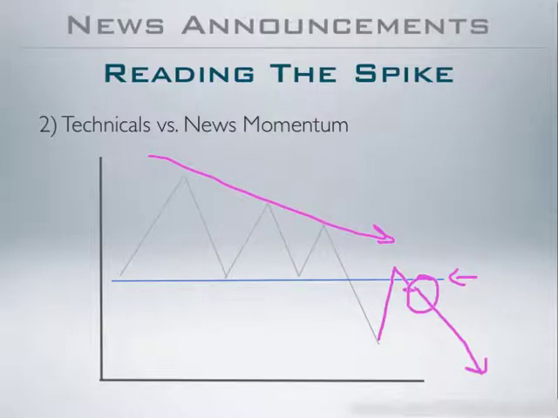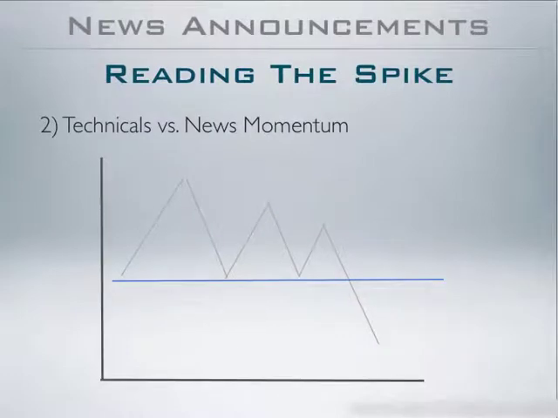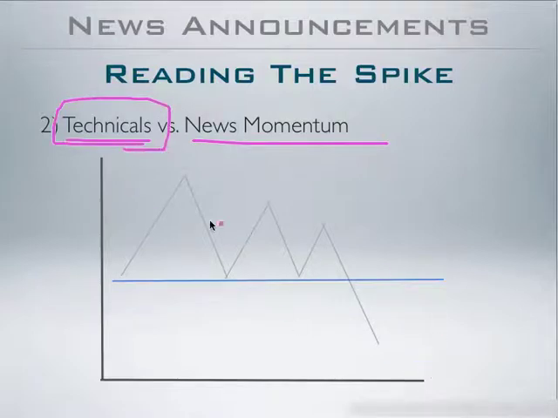And why is that? Well, once again, because the technicals have outpowered the news momentum, and therefore the technicals are pretty strong in this particular market scenario. At that particular junction of the chart, the technicals are pretty strong. Therefore, any signal you may get based on those technicals is going to be itself a strong signal.